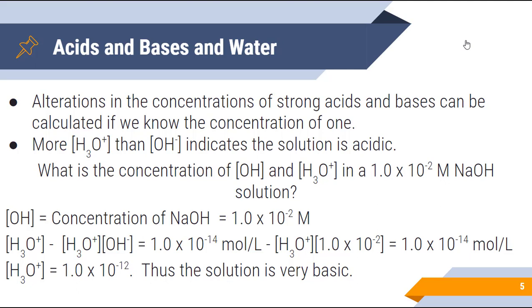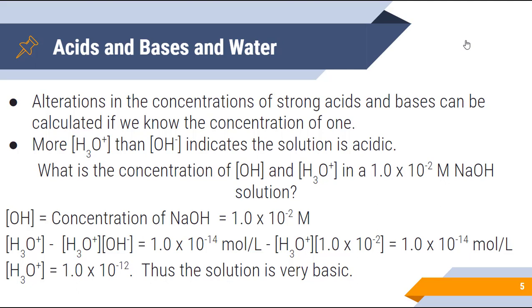So for example here, it says what is the concentration of OH and hydronium in a 1.0 × 10 to the -2 molar NaOH solution? Well, we just talked about that. NaOH is a strong base. So whatever the concentration of the base is going to be the same as the concentration of OH. Okay? And if this were an acid, then the concentration of the acid would be the same as the concentration of the hydronium ion concentration, H3O+. So if I look right below my question, the OH is equal to the concentration of NaOH because all of it breaks down. So now that I know my concentration of OH is 1.0 × 10 to the -2,